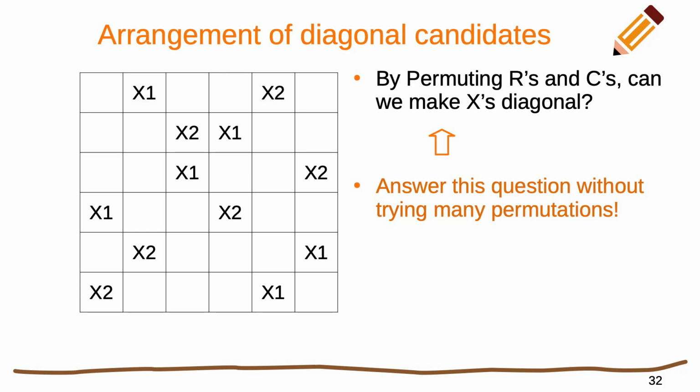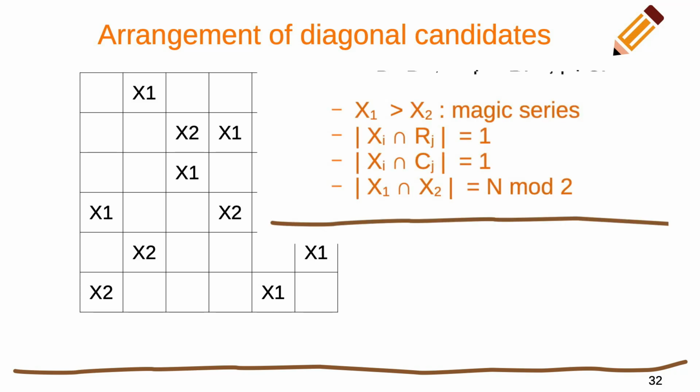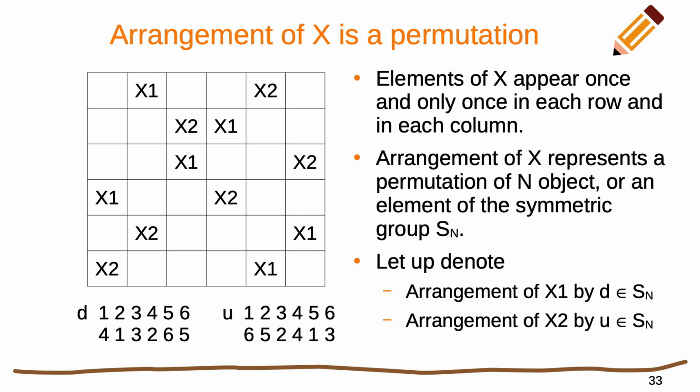We have to determine whether magic squares can be formed without testing many permutations. How can we do it? As a consequence of the intersection conditions, the elements of each diagonal candidate appear exactly once in each row and in each column. This means that an arrangement of a diagonal candidate corresponds to a permutation of n objects, or an element of